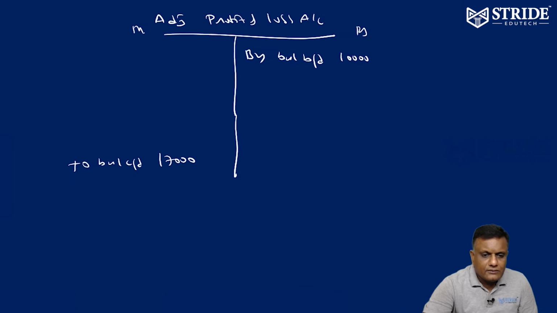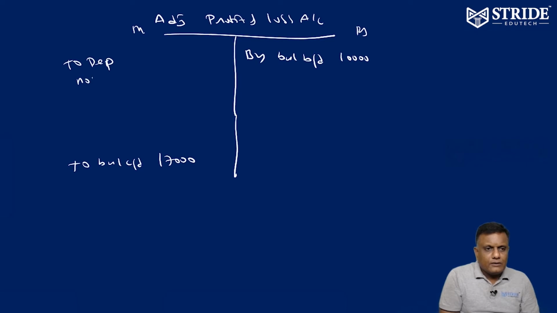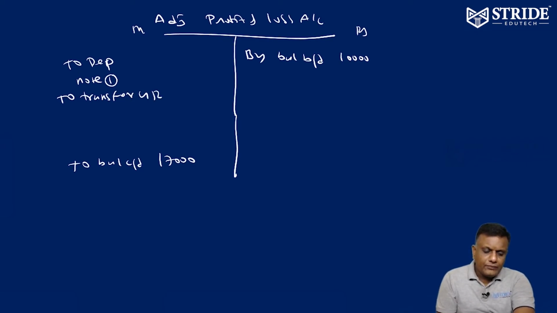Now depreciation. We have to prepare, so refer note 1. I am going to prepare note 1 now. Transfer to general reserve. This is already known. General reserve opening 50,000, closing 60,000. So 10,000 increases in general reserve, which means from the profit and loss account we transfer the amount to general reserve. So general reserve is credited by 10,000 more, so the P&L account we have to debit it. 60,000 minus 50,000, so 50 to 60 it is increased, therefore 10,000 increased.